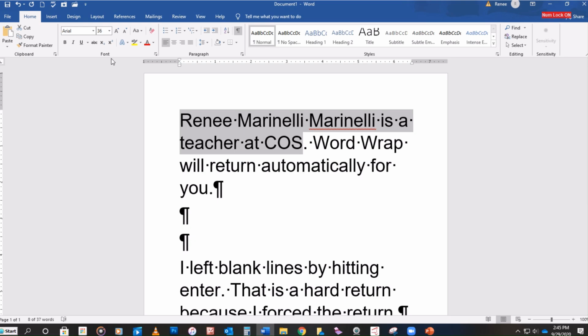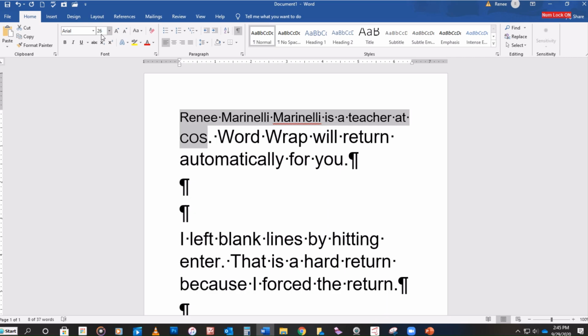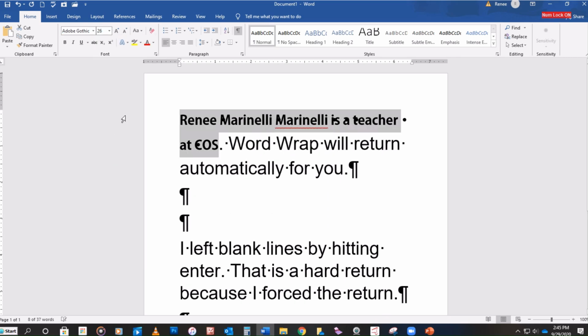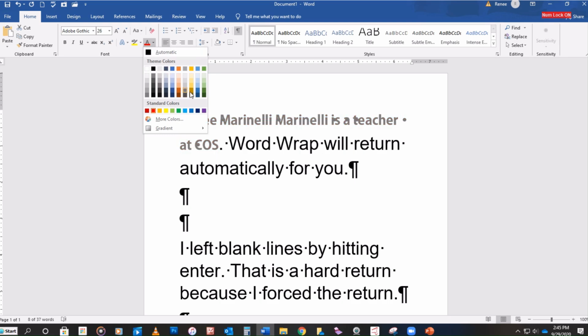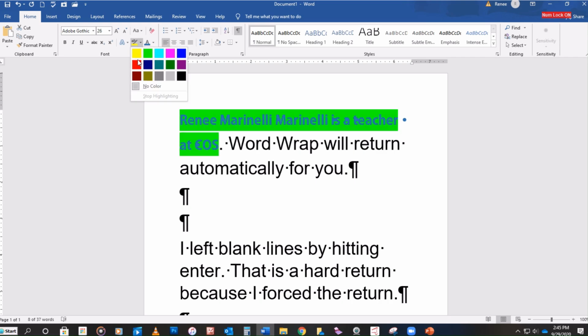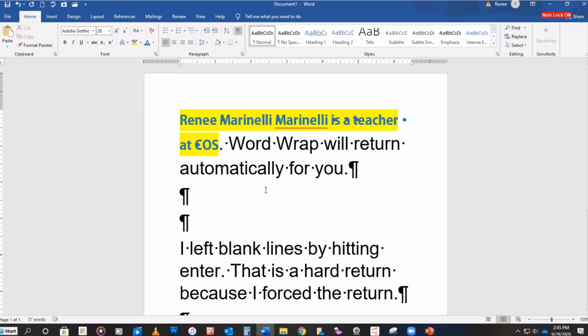And if I go to the font group, I can change the font size. I can change the font. I can change the color. If I click on the list arrow, I can find different colors. I can put a highlight in the background like you would a highlighter pen. So I can always make changes after typing, or